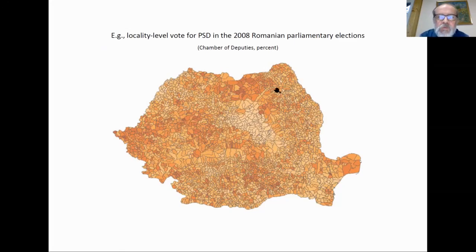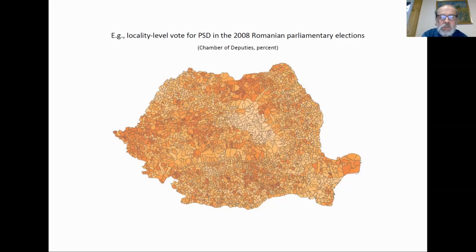And this is actually not the map with vote for PSD, it's a map that I've done. But anyways, the map for PSD would look something like this. It's still a map of Romania, but with the vote for a different party. So that's the idea. That's what the final product will look like.